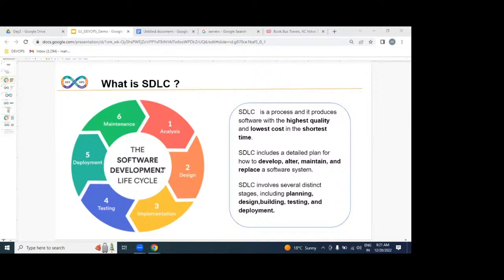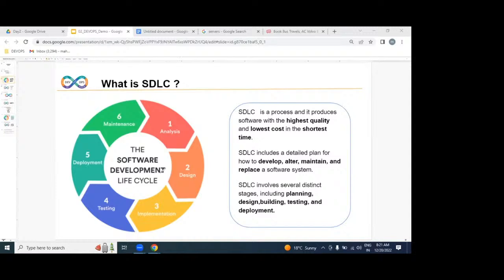Like our cricket team, like movie makers, all together. If you want to make a movie, actors are required, heroes, actors, editors, and so many 24 crafts we have. Am I right? But here the actors are the developers, and the director is the DevOps engineer. Understood? Very simple way.